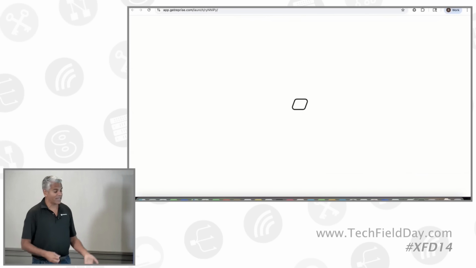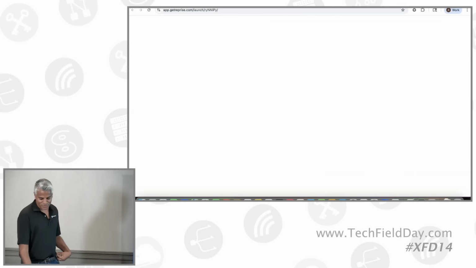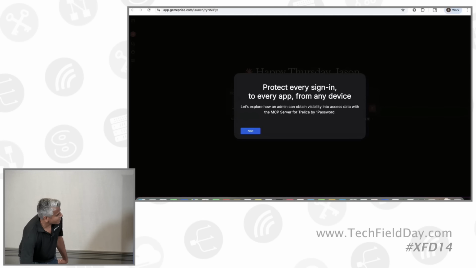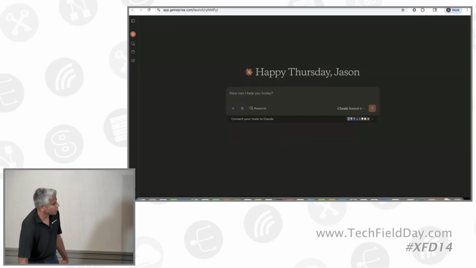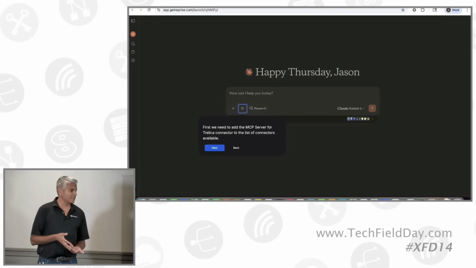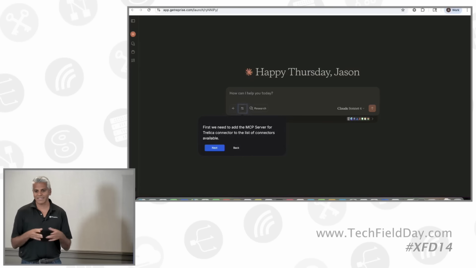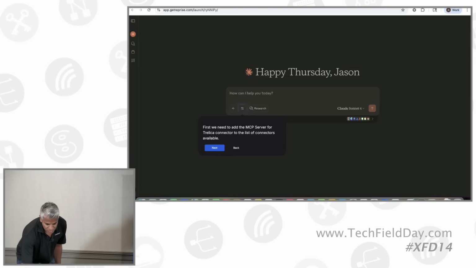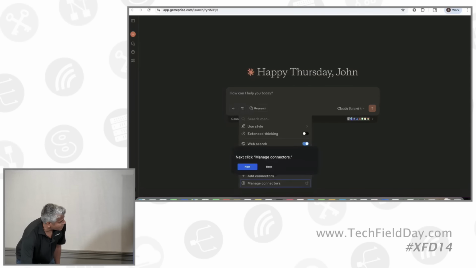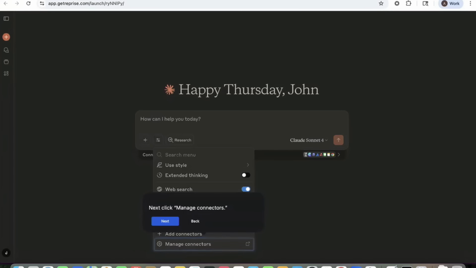But it's actually live, so you guys can do it as well. Basically, what this is showing here is Claude, right? So it's an agentic AI in the cloud. And what you can do is connect it to our MCP server. Obviously, by default, you're not going to be able to ask it any questions about your enterprise data or anything like that. And so what you can do now is go over here and hit Manage Connectors, right?